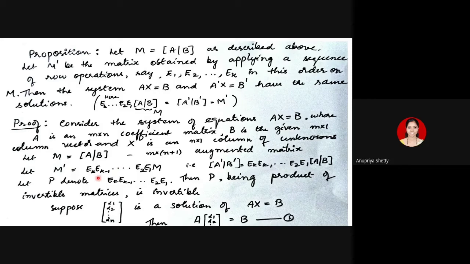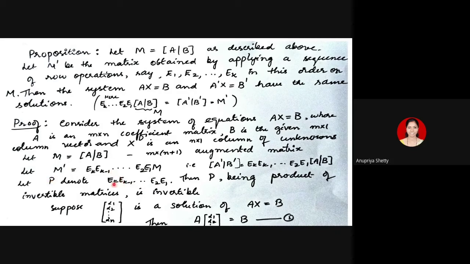And now, since there are K number of elementary matrices multiplied in the reverse order, Ek and then Ek minus 1, etc., E2, E1, that entire product of those K elementary matrices we will denote by P. Otherwise, every time in the next step, I will have to write all the K matrices. To simplify the steps, this entire product we will denote by P.